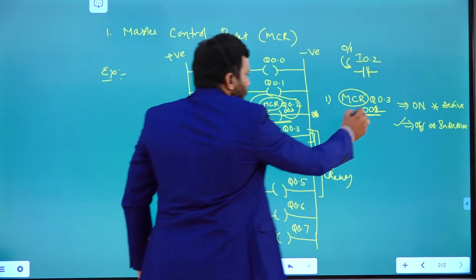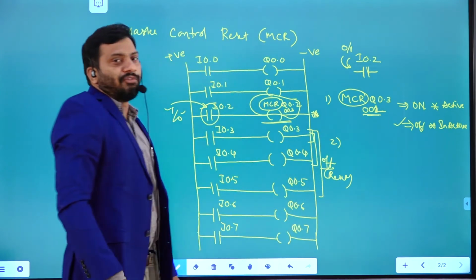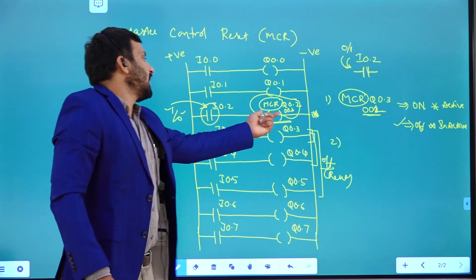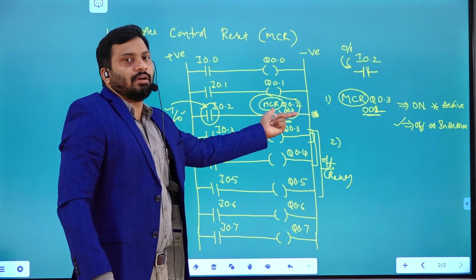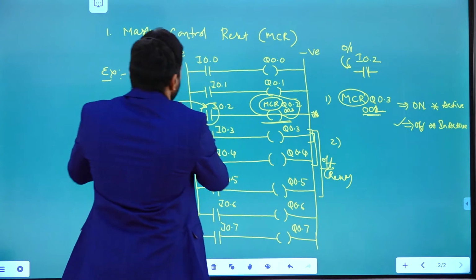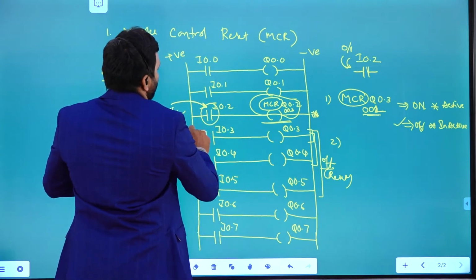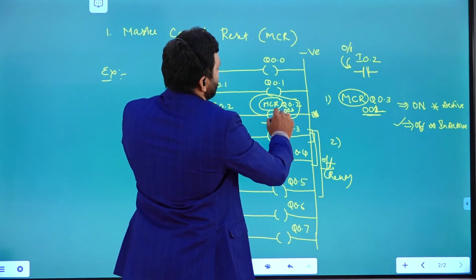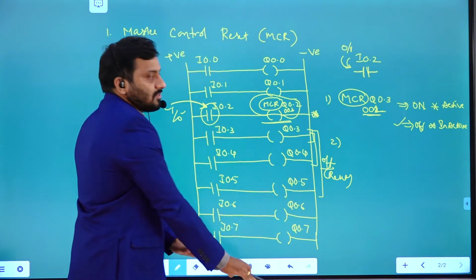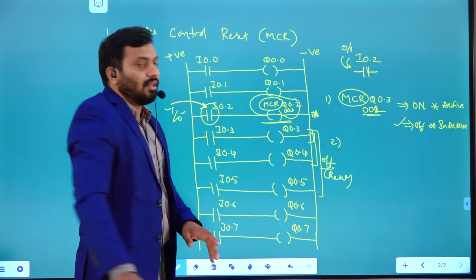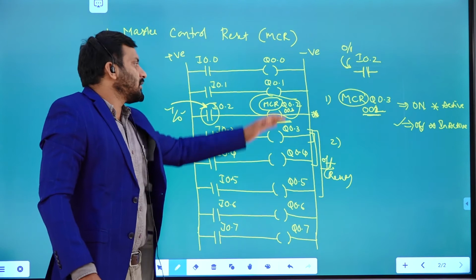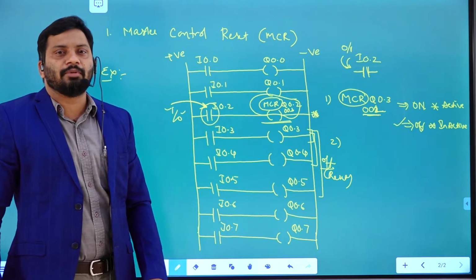If you write here, 4 lines are going to be in the off state when the input is 0 and the output here is in the inactive condition, right? Then MCR comes into the picture. If the input is on, that means it is activated, the output is going to be activated. Once it is in an activated condition, it is not going to be reset in the next rungs. It keeps on executing all the remaining rungs. So like that, this particular master control reset comes into the picture.